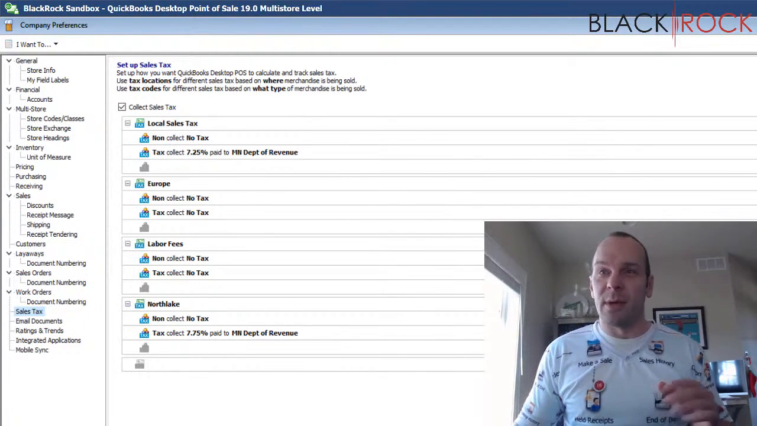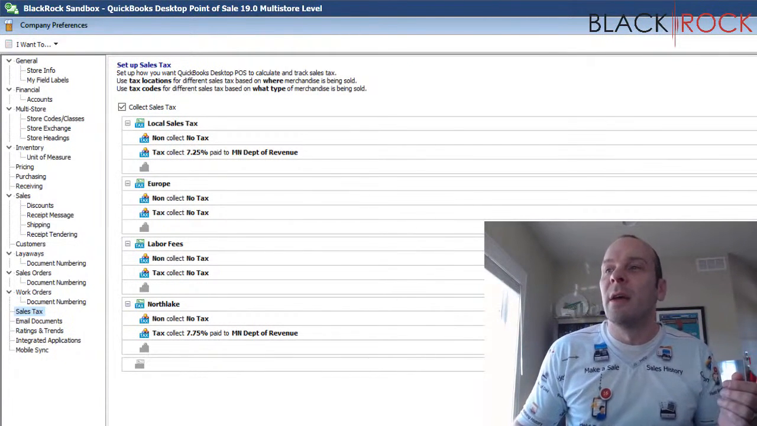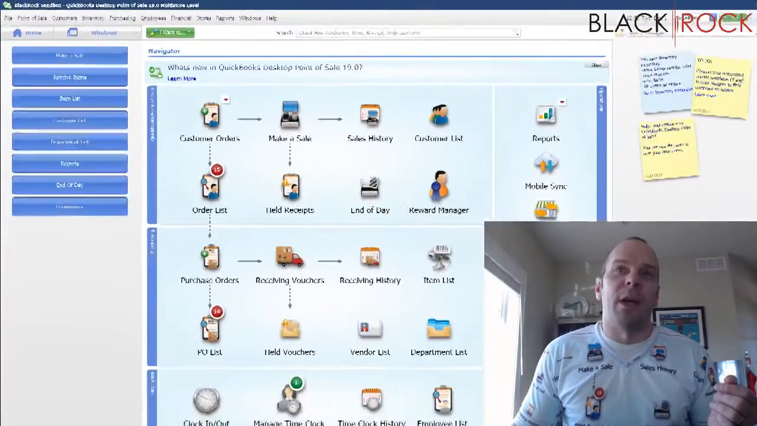So let's get to it. I just wanted to show you what we got. We got 7.25 on local, and we got 7.75 in North Lake, where we sometimes drop off some products for